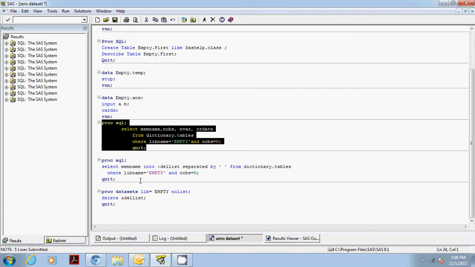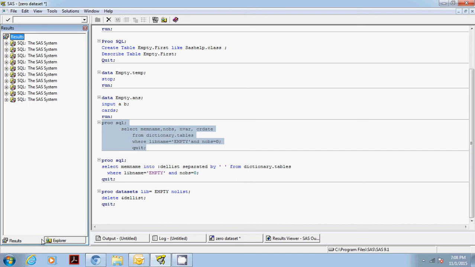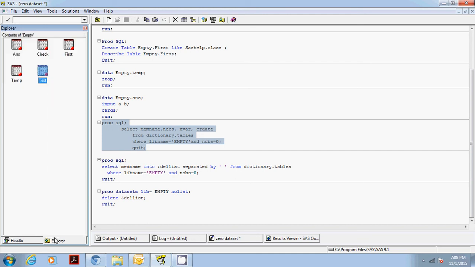And then in the last part, if you have so many datasets with 0 observation, or if you are in a situation where you have to delete datasets with 0 observation and you don't know which are the datasets, so you cannot go and find one by one, where you have so many datasets. What you can do in this situation is write a macro where you can capture all the datasets with 0 observation in a macro variable.